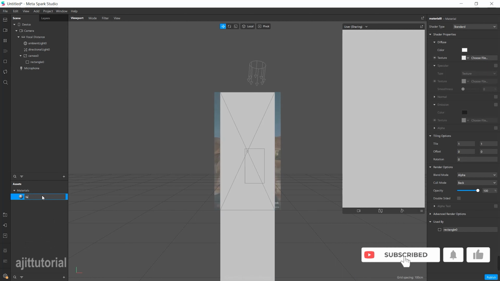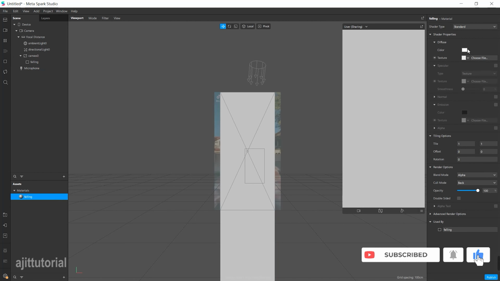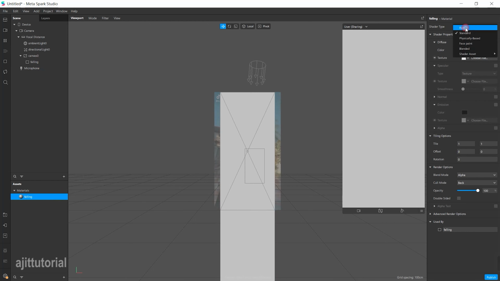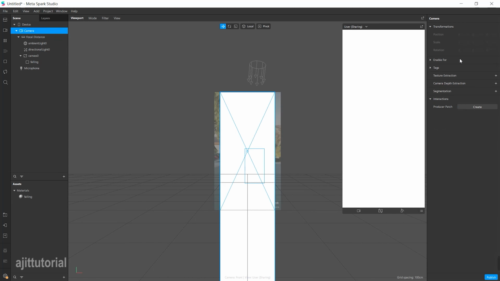and then choose material, rename the material if you want, and then select the material and change the standard mode to flat mode and make sure to switch off the advanced render option and then select camera and extract